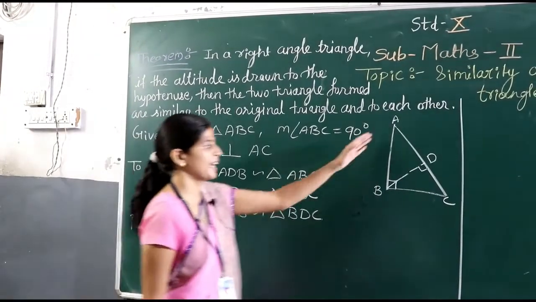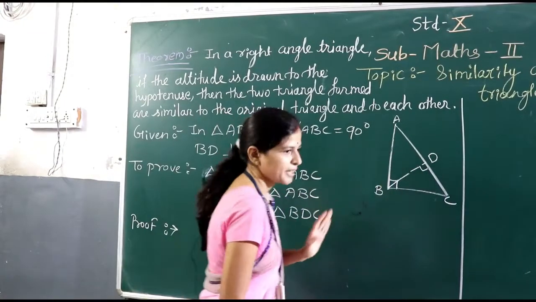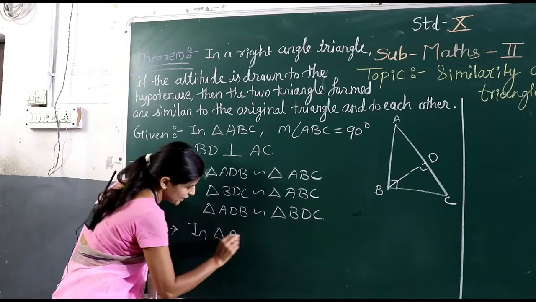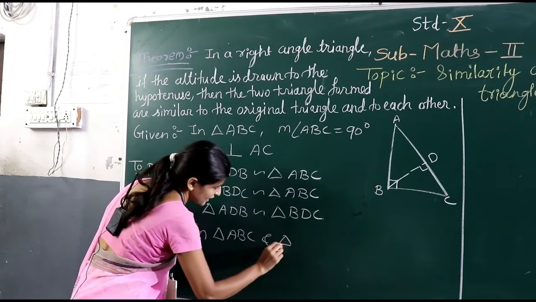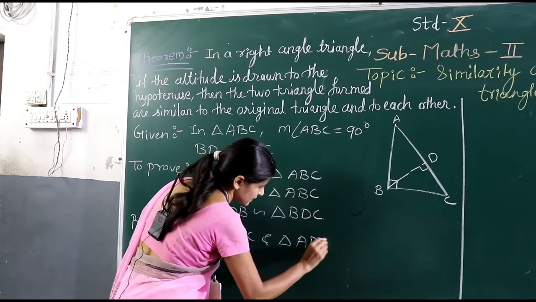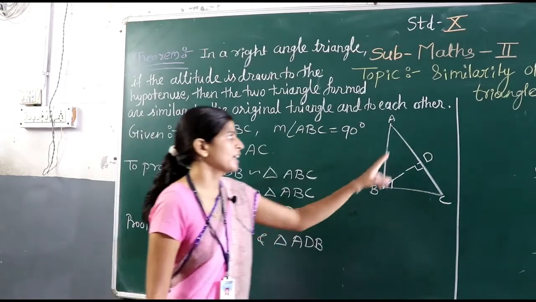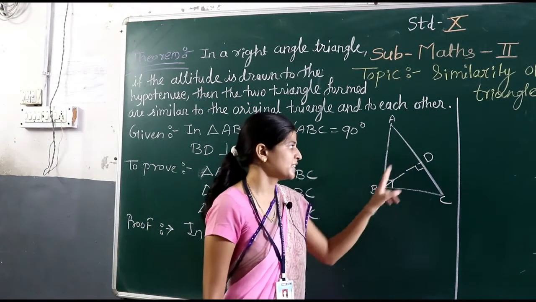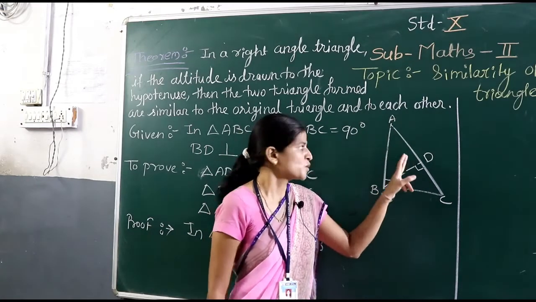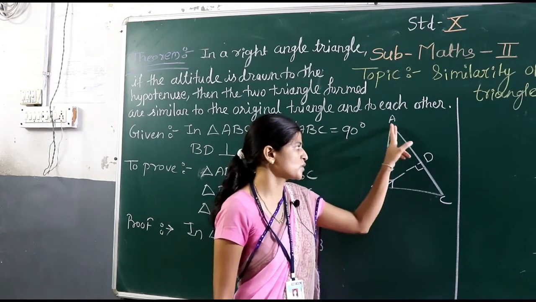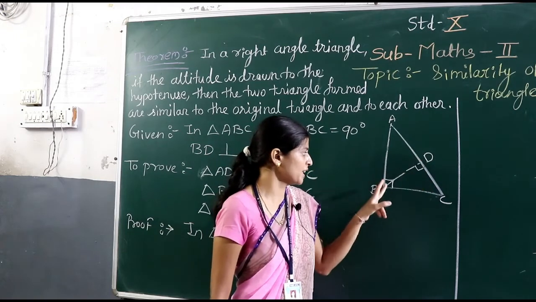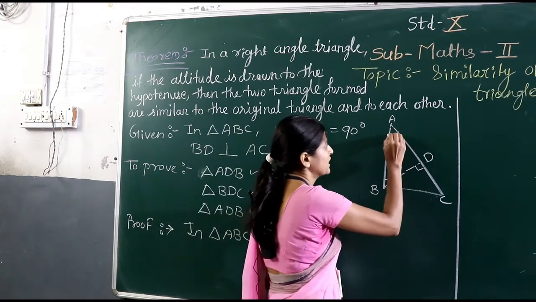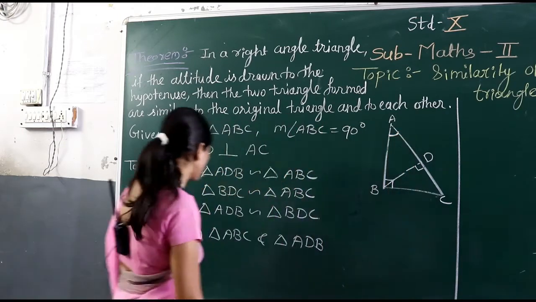First we consider triangle ABC and triangle ADB. In triangle ABC, angle B is 90 degrees, and in triangle ADB, angle D is 90 degrees. So angle ABC is congruent to angle ADB, and second, both triangles contain angle A. So we write down